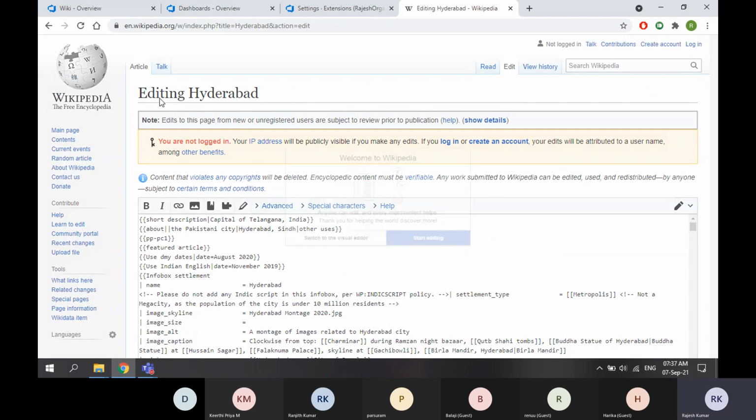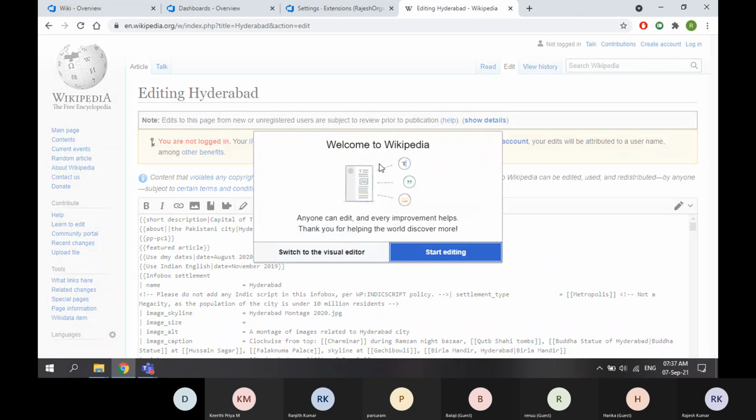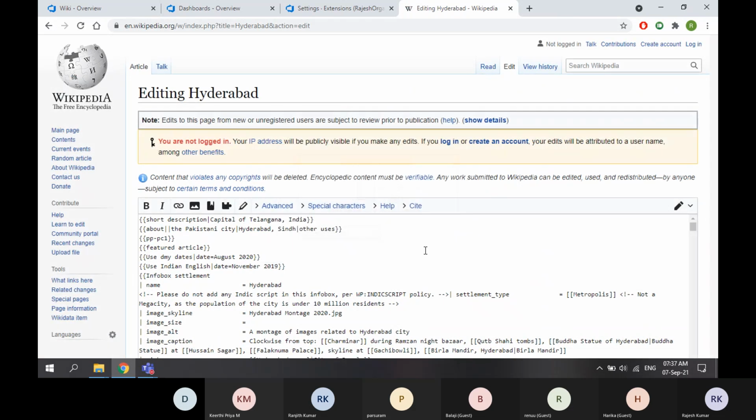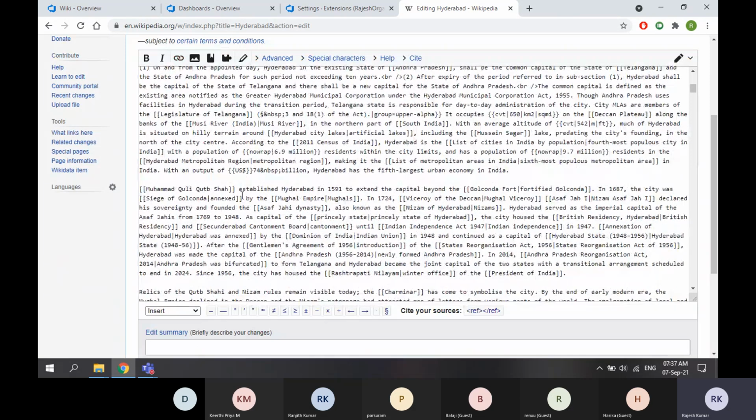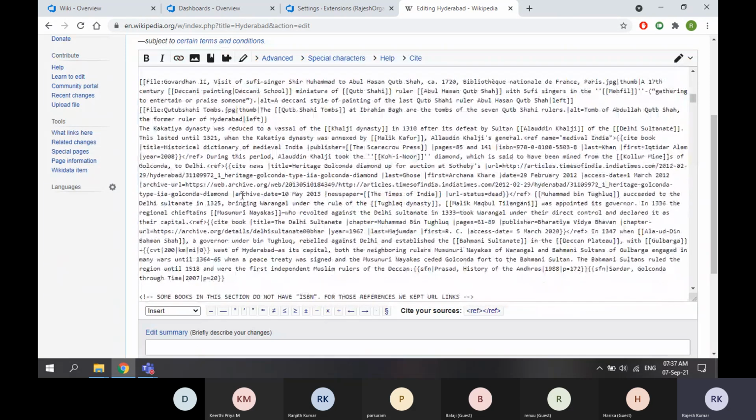So now I am able to edit Hyderabad. If some information is not right and I know the right information, I can add that information here.